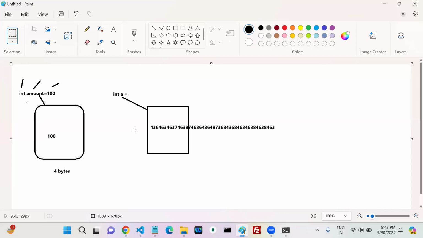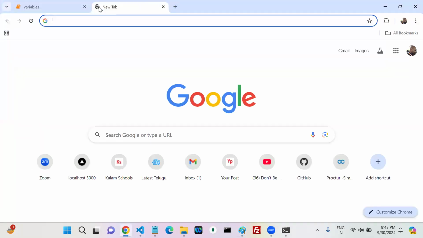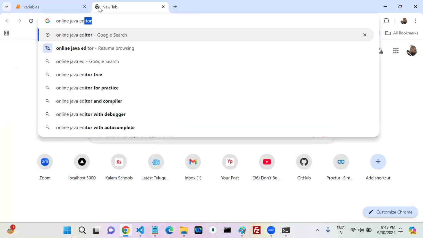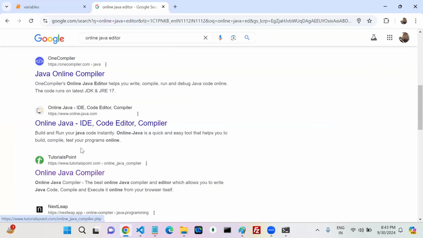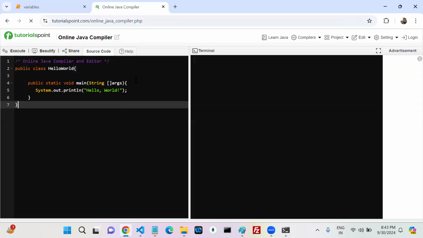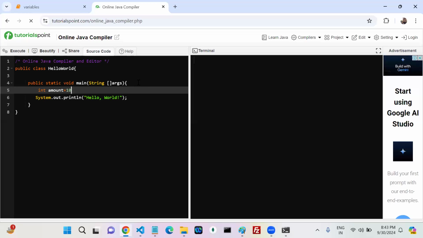Okay, simple Java program. Can we run it? If you have not installed Java or Python, where can we run the program? In our online editors or not? Simply an online Java editor. Can I go with the online Java editor? Any one of the editors you can. I'm going to use Tutorialspoint. Don't think more. Here I'm going to write int amount equals to